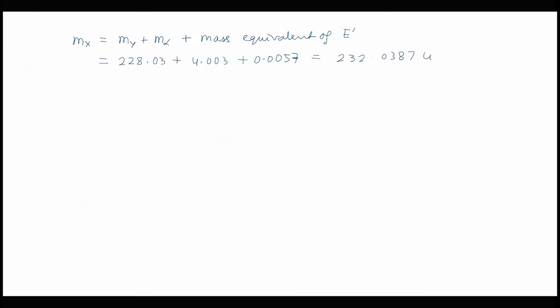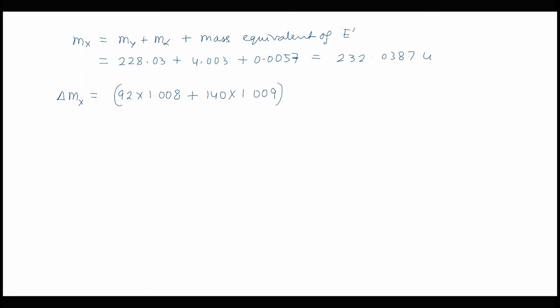So we have calculated that there are 92 protons and 140 neutrons. Therefore, for the calculation of binding energy, we are calculating the mass defect, that is delta M, associated with X. For this we say 92 times the mass of proton, that is 1.008, plus 140 times the mass of neutron, that is 1.009,